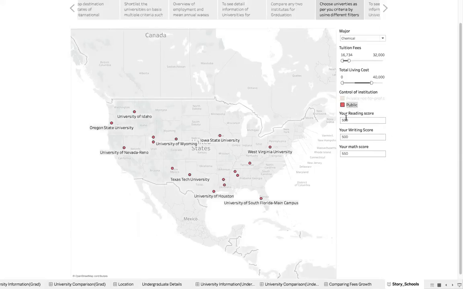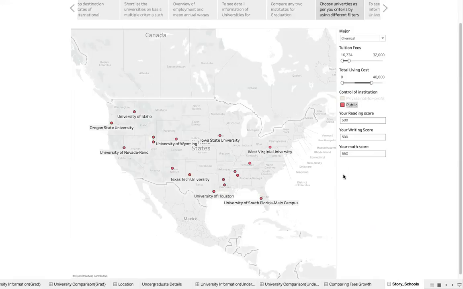And here we have maintained 3 different parameters for SAT scores. SAT scores are generally categorized into three different parameters: reading, writing, and math. And while giving admits, the university considers all three scores. So students will just enter their scores here, and based on the student's score, on the back end using a calculated